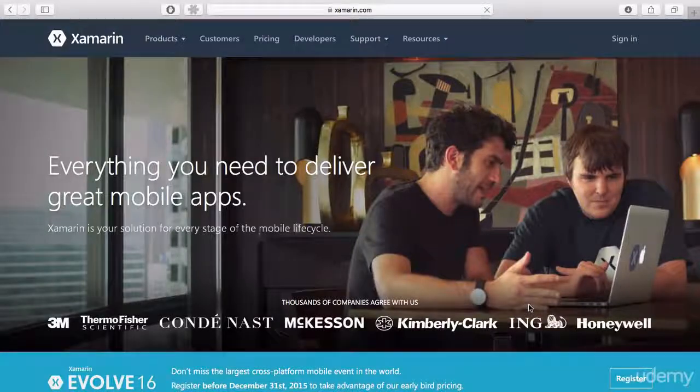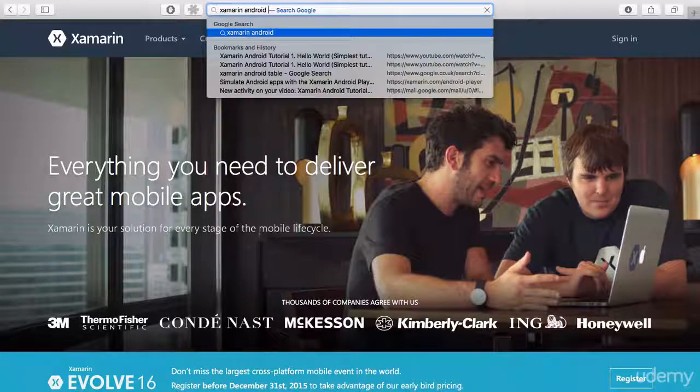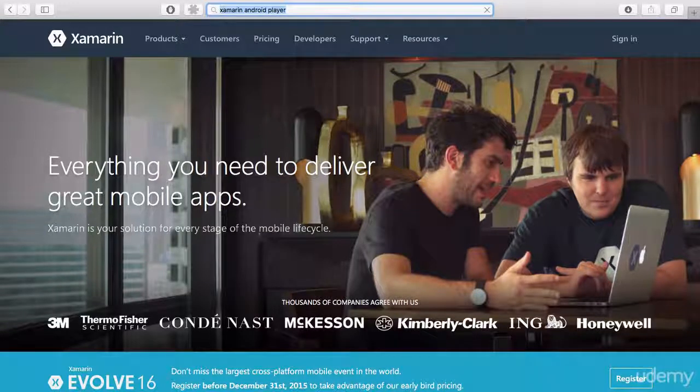Now, there are a few options for your Android simulator. The first one is the standard option, which is the normal Google simulator, which is slow as heck. Don't download this because it is hellish to work with. Your option 2 are various third-party services that work pretty well. Your third option is to use Xamarin's own Android player. Because they identified that Android was so sluggish, they had to make their own. So search for Xamarin Android player,